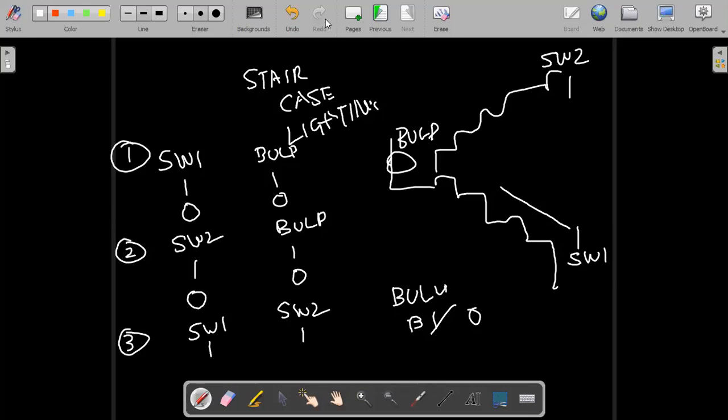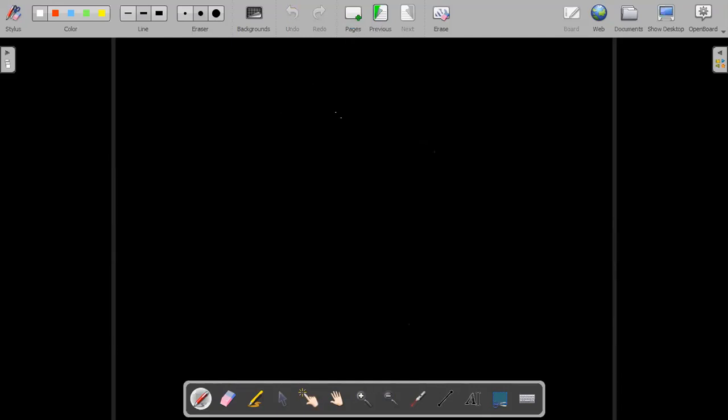I'll share the logic in a few moments. I just want you to try how this will work. So basically you're going to control your output bulb via both the switches. That is what is going to happen. I'll just give you the hint.